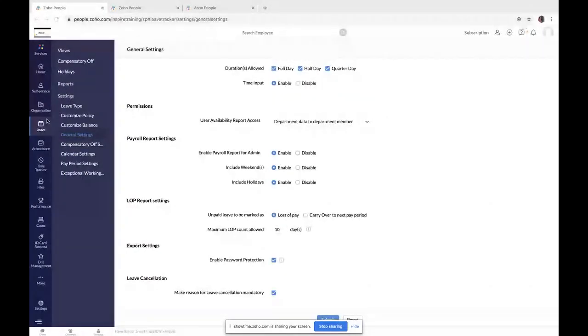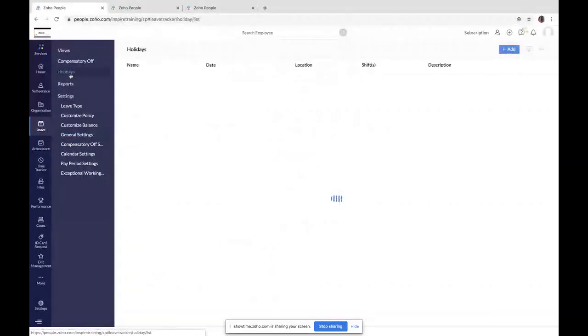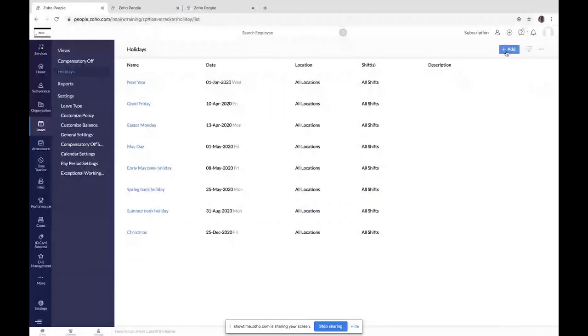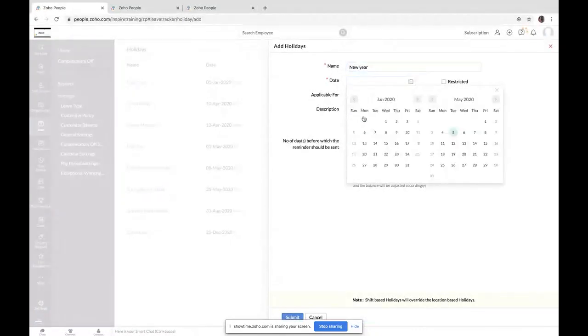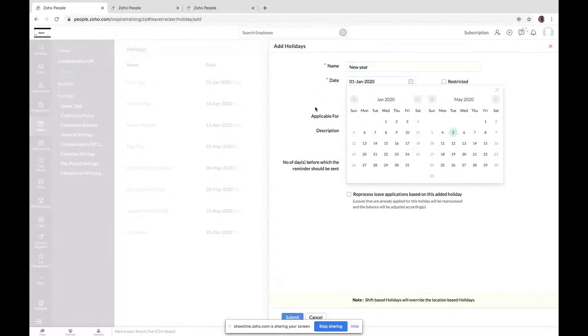So in the leave module, we do have a concept called holidays. You can add any number of holidays in your account, and you can define the holiday date. You can define a range of dates as well.